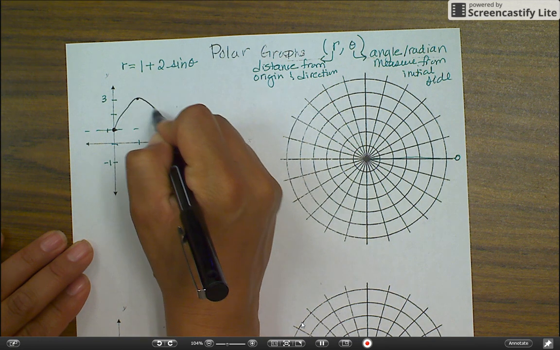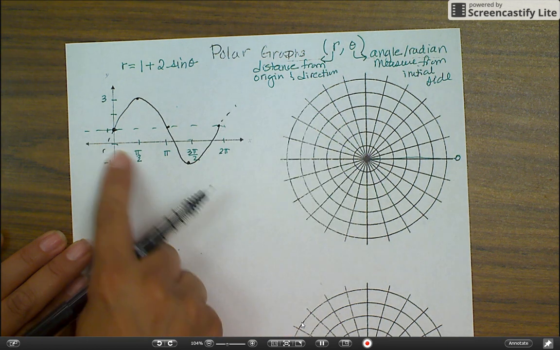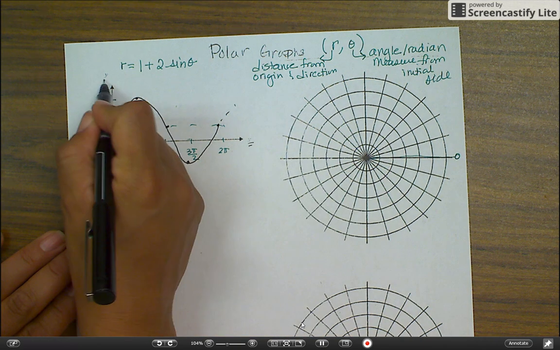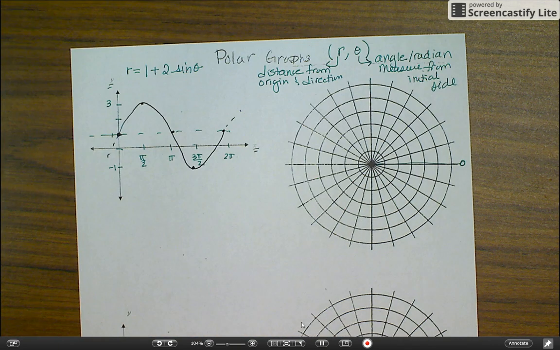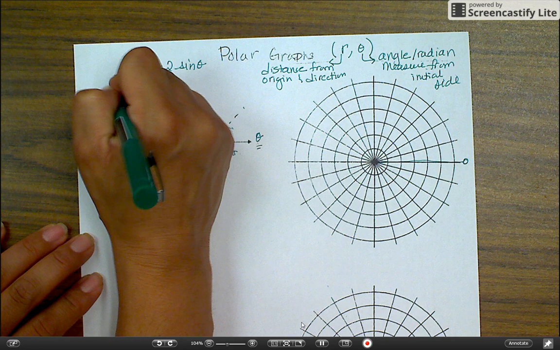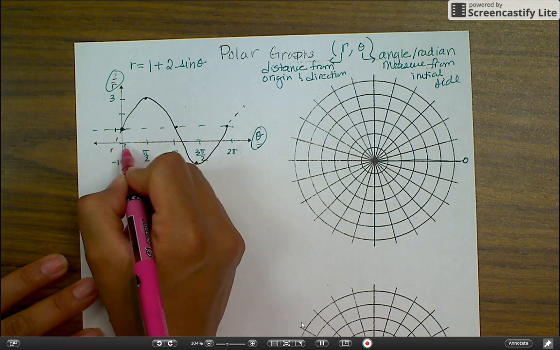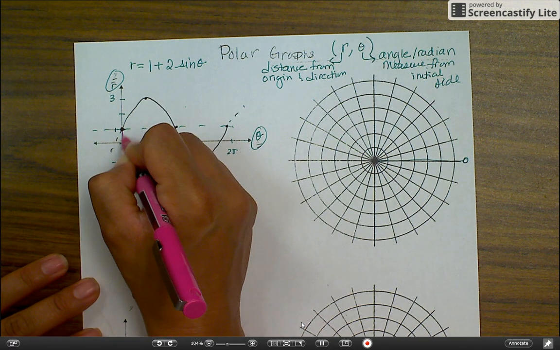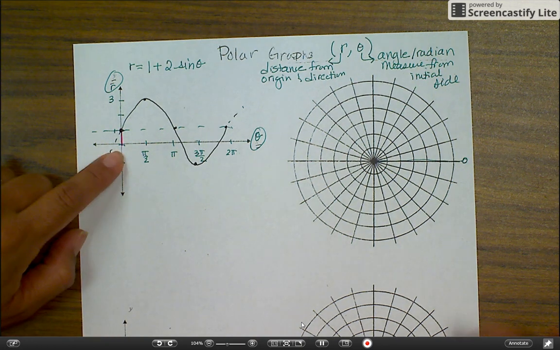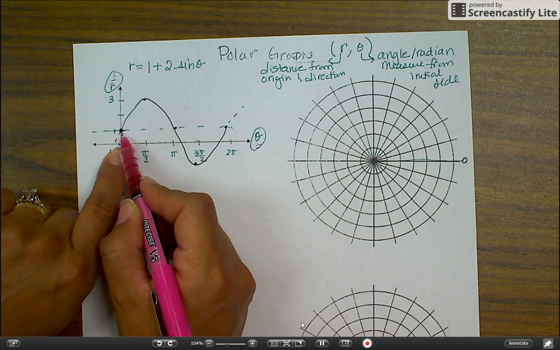If you don't remember your sine graph, then what you should do is stick in all of these x values, which are your thetas as well, into the equation and evaluate. So this is my theta axis. This is my r axis, which I'm graphing this way with my r being my y's and my theta being my x's. So now what I'm going to do is look at 0. When theta is 0, my r is equal to 1. So that means that when I'm out 0 radians, I am going to plot my point a distance of 1